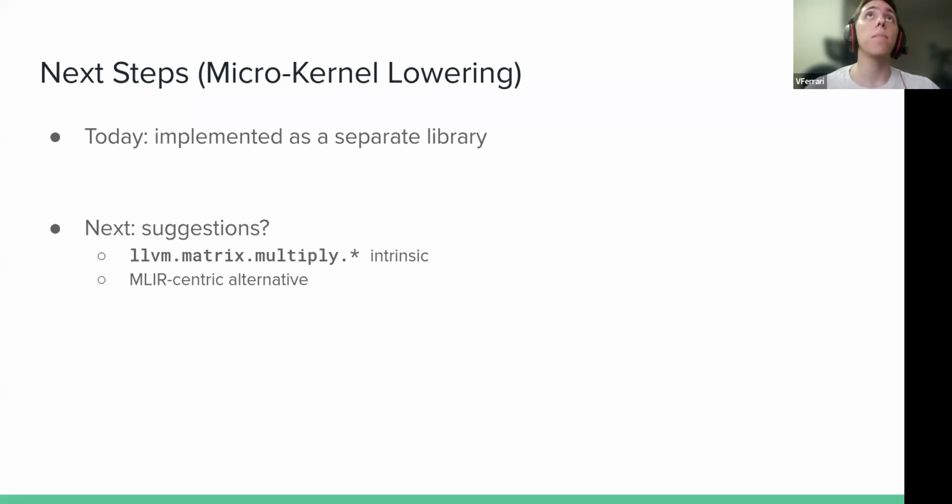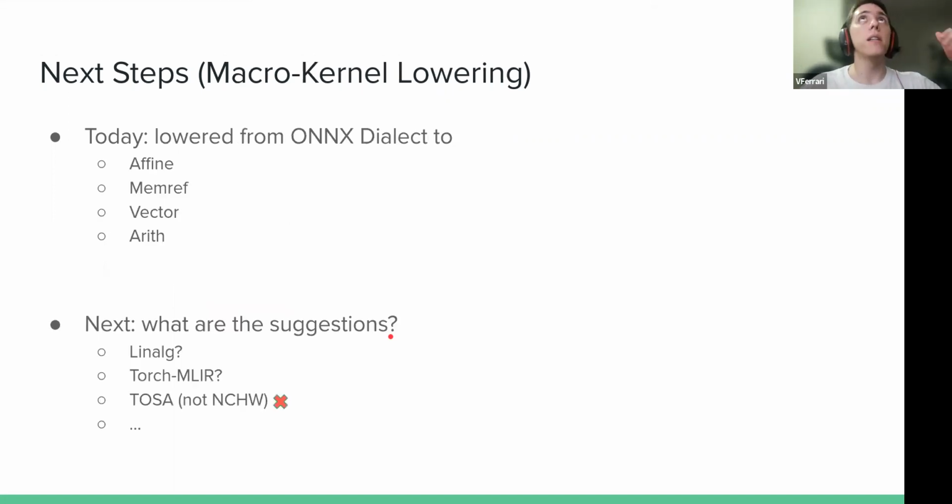As I said, we have that intrinsic. The problem with the intrinsic is that we have to load everything to vectors, and then this generates a spilling problem when calling the intrinsic. Or we can have an MLIR-centric alternative, which would be the ideal solution. And for the macro-kernel lowering, today we lower from the Onyx dialect to the Affine, memref, vector, and arith dialects. And we want some suggestions because where is the best fit for this sort of